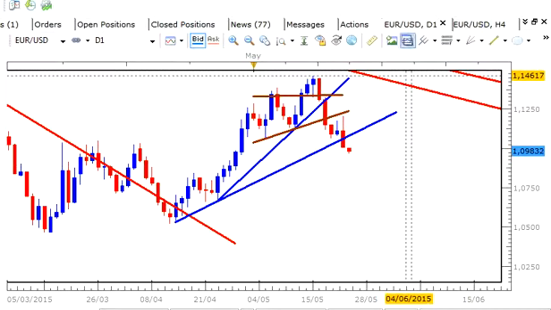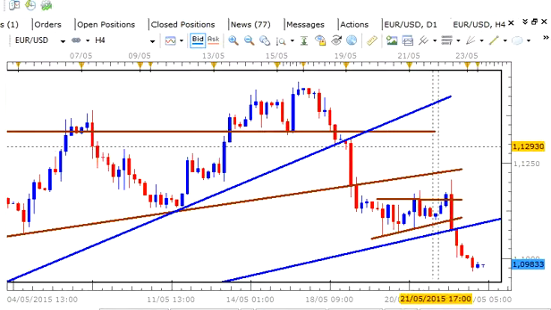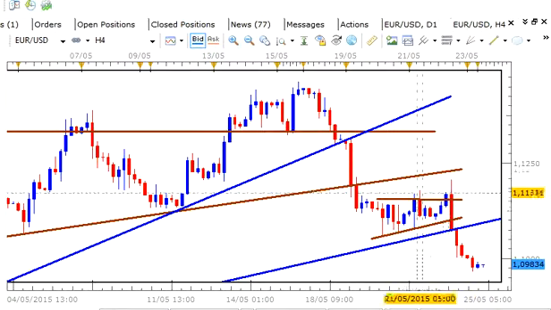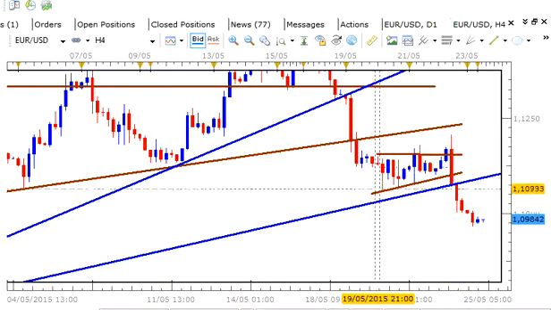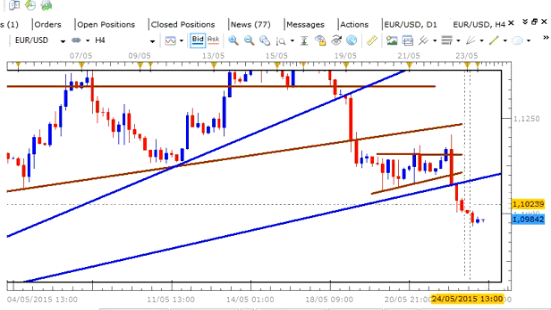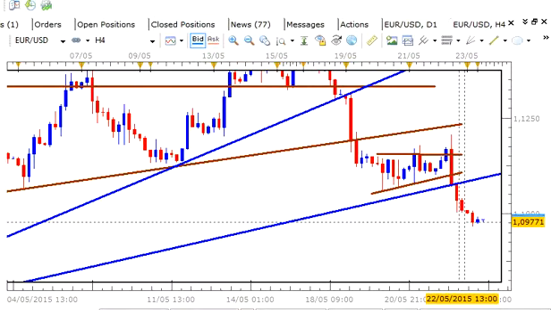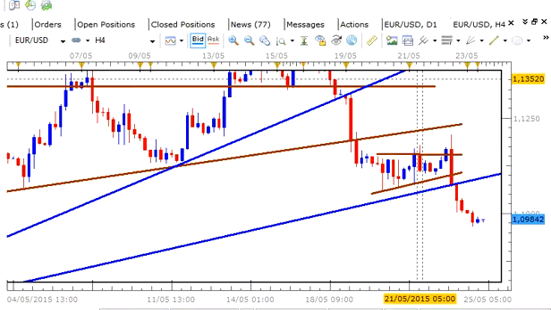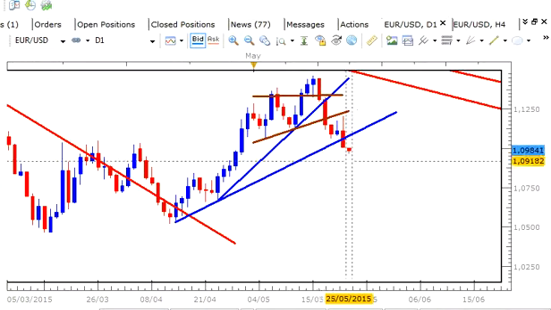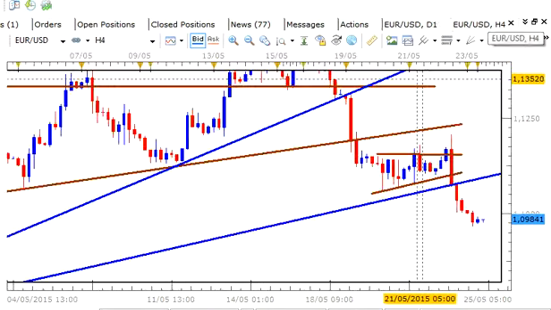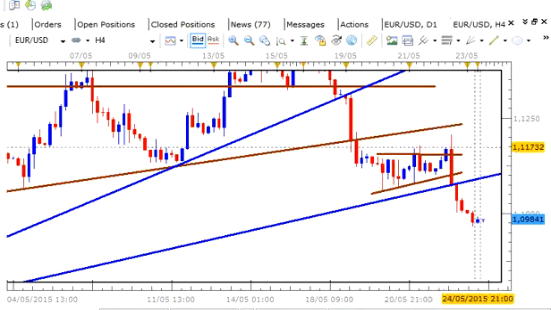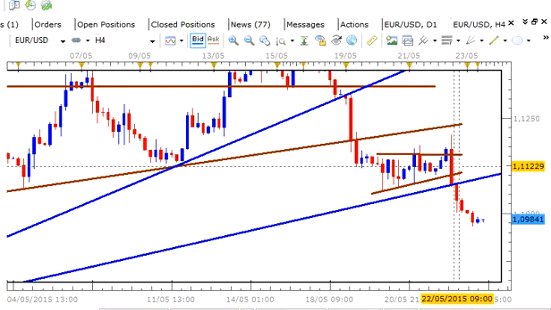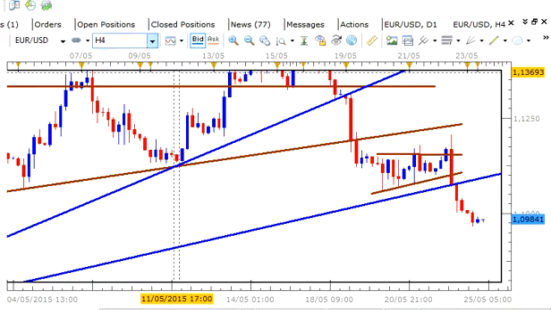Now, in terms of the 4-hour chart, we can see that a small pennant has actually been formed above that outer uptrend line. So based on what we're seeing here, the breakout from this pennant could actually be the setup that leads to that bearish signal that we need on the daily chart. This 4-hour chart also holds a key in terms of day trading opportunities that might present themselves for us on the 30-minute chart. Taking a look at this time frame,